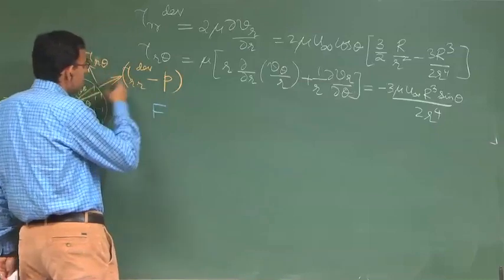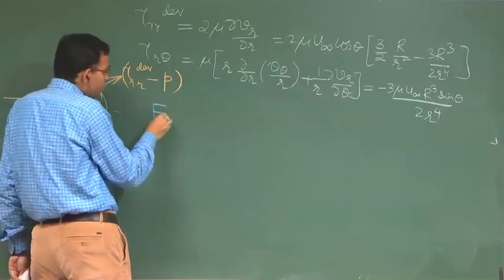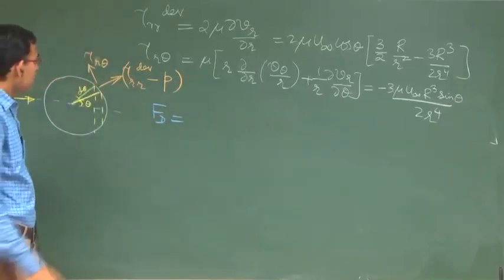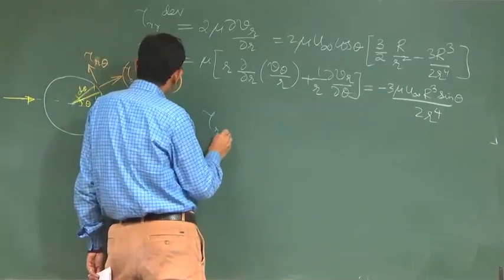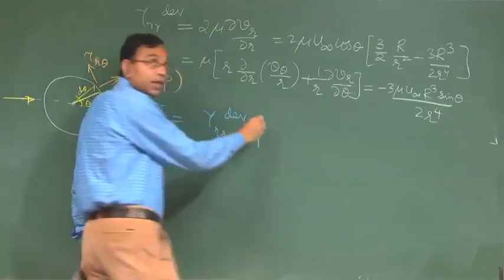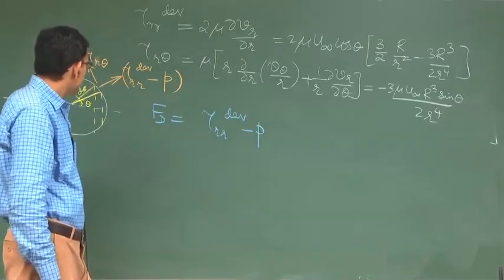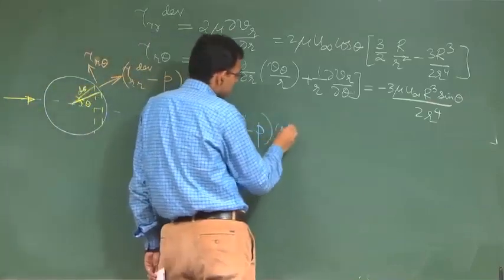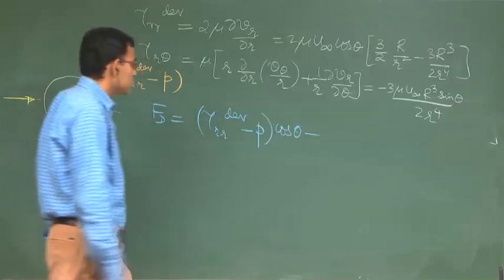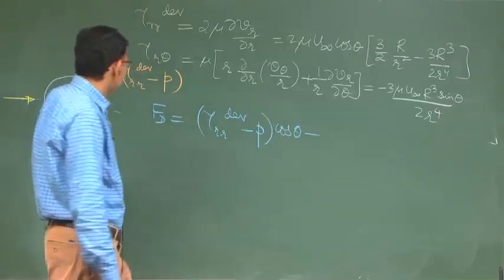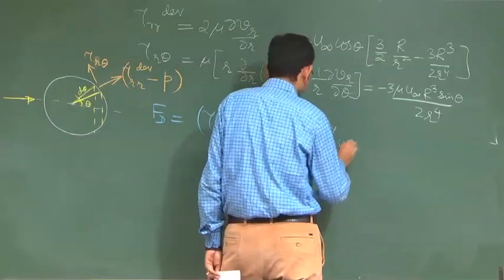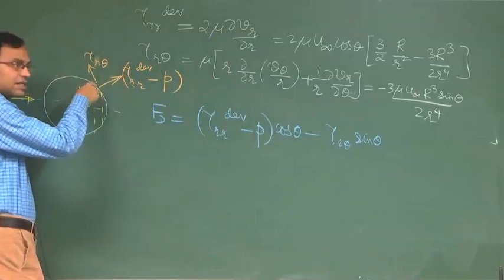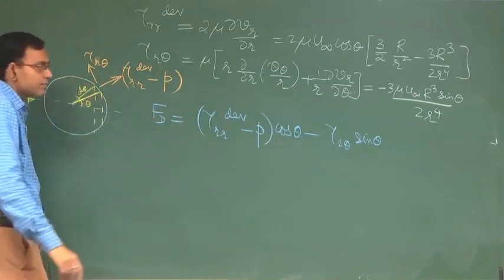Remember, these are not forces, these are stresses. So that has to be multiplied with a suitable area that we will come up with. So tau r deviatoric minus p into cos theta, right? Minus tau r theta sin theta. So this is in the forward direction, its sin theta is in the backward direction. So minus